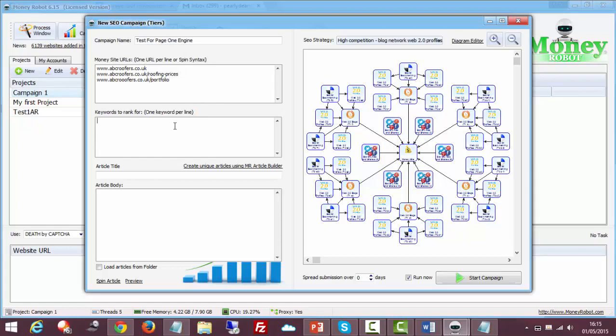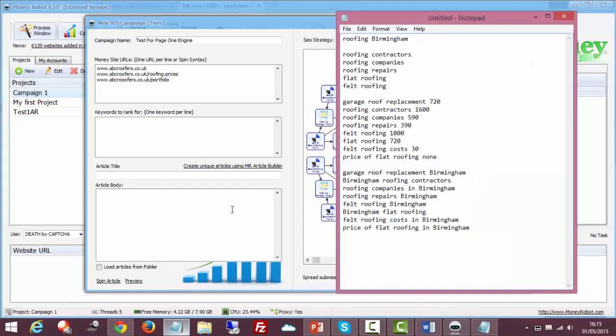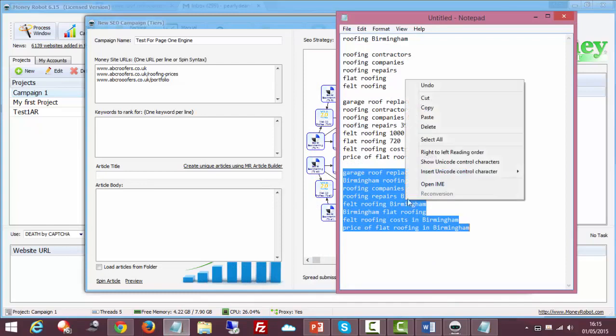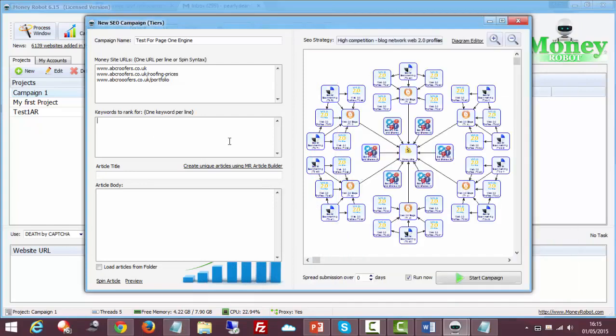Okay, so now we enter the keywords we want to rank for. So if you've done your keyword research properly, you already know what these are, and we did that roofing example earlier, didn't we? So let's use some of those. So if I can remember those, yeah, we've got them here. So let's pick up these, copy, let's pick up those keywords there, pop them in there. Right, okay, so